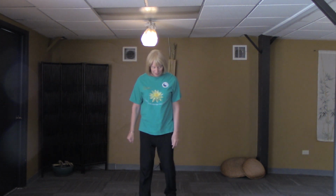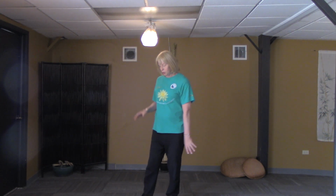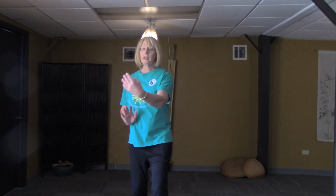So those are 3 different forms I've shown you today, and how to walk with each of these forms in moving meditation. What's really nice about these is you can practice these forms at home, walking down the hallway at your home, which many of my students do, because some are a little peevish about going outside to practice these down the sidewalk. You'll get a few funny stares if you try to practice that at your home outside. But there's certainly plenty enough room in your hallway to practice these movements. I mean, to do grass sparrow's tail. There's plenty of room to practice this move down your hallway, or your kitchen, or wherever it's convenient that you